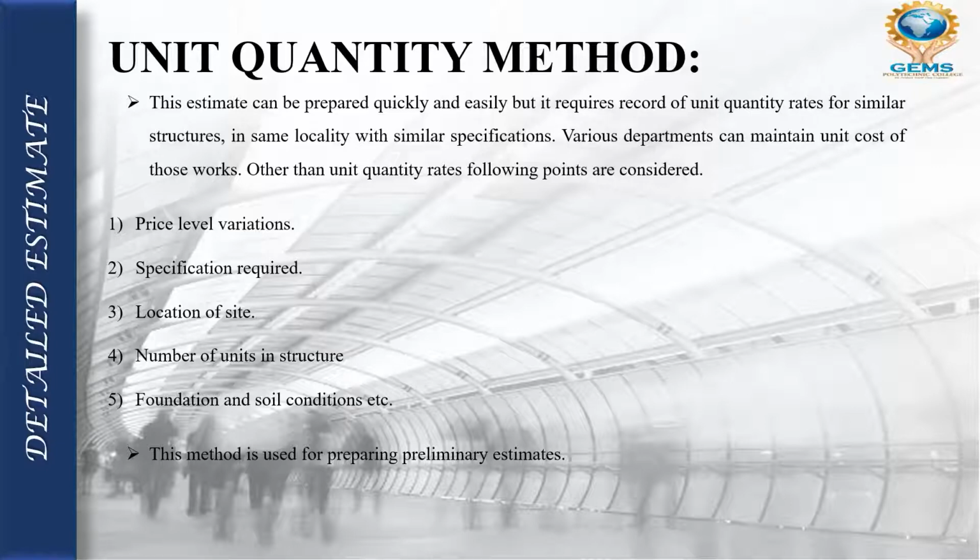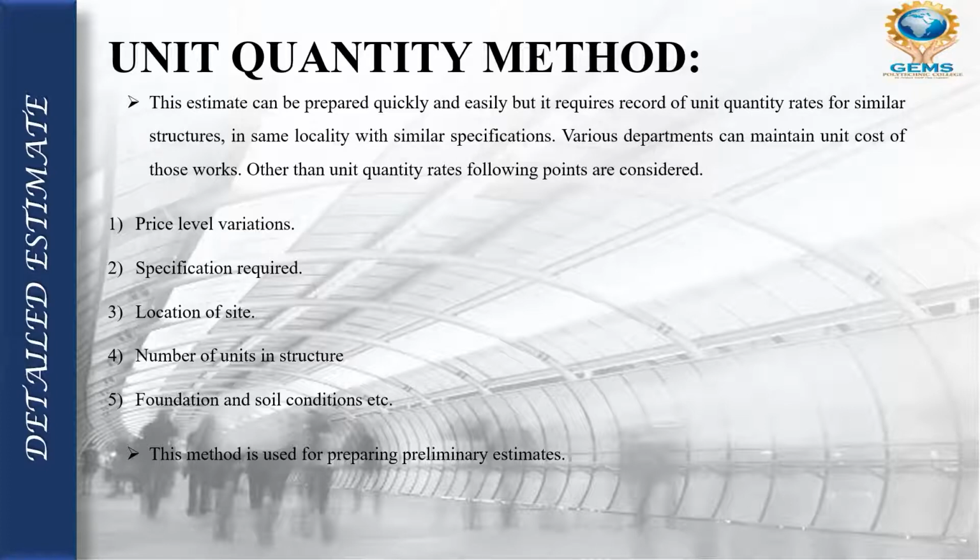So the total cost per unit quantity of each item we have to analyze, and then work out, and we can find all the things. Through this unit quantity method we can find the cost of the structures. Unit quantity method is like a record from similar structures, from which we can get details about how much quantity of materials is needed, or cost, everything. We can learn through this unit quantity method.